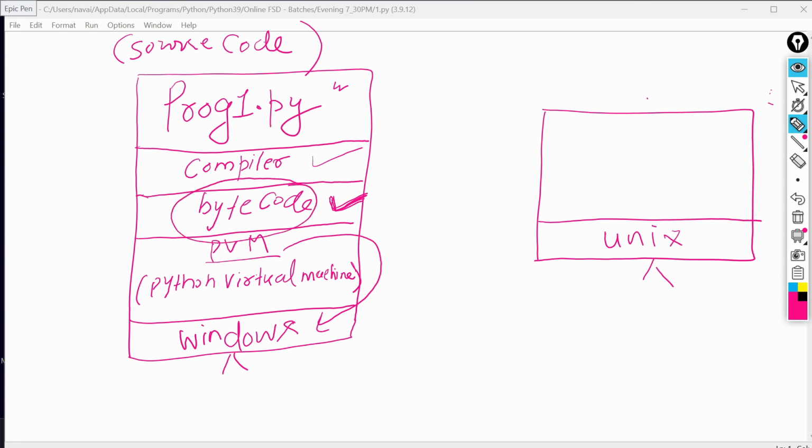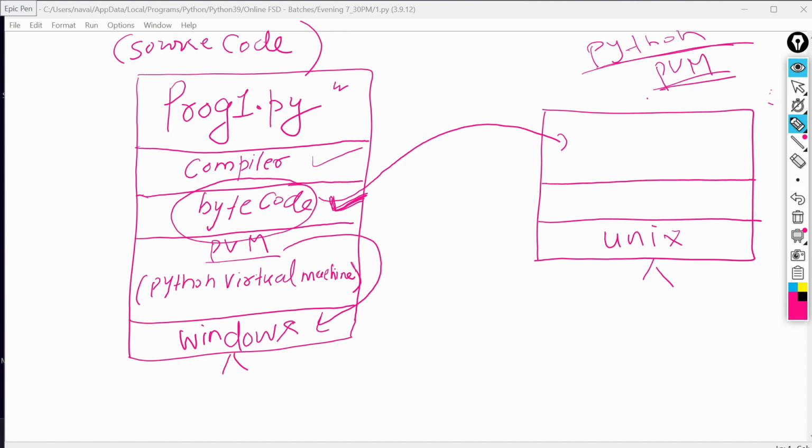This bytecode is a partially executable code, so you can send it to the Unix machine. On the Unix machine, when you download Python software, it will come with PVM, the Python virtual machine, and PVM will be installed there.